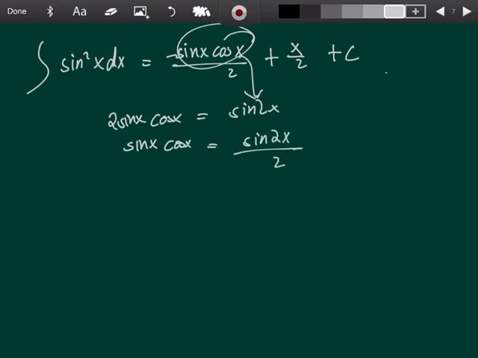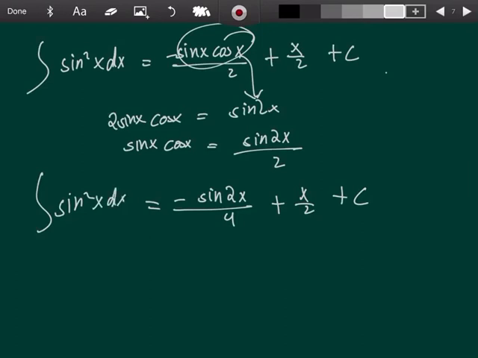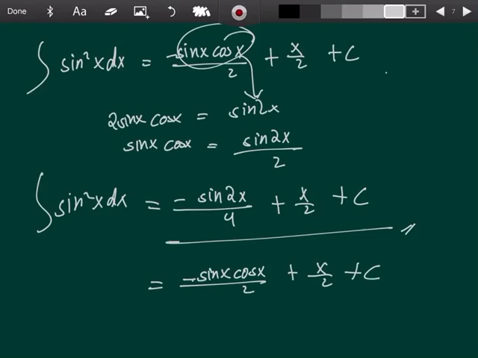So, ang gagawin natin ngayon, since sine 2x over 2, divide it by 2 pa siya, it becomes negative sine 2x over 4 plus x over 2 plus c. Kahit ito ang answer mo or yung answer mo ay negative sine x cosine x over 2 plus x over 2 plus c, kahit ano siya,